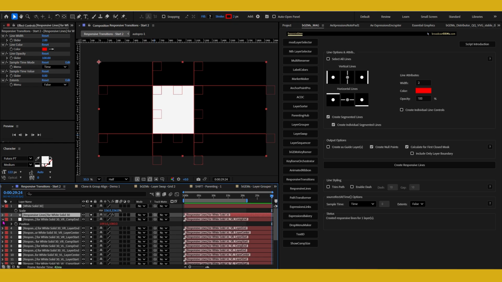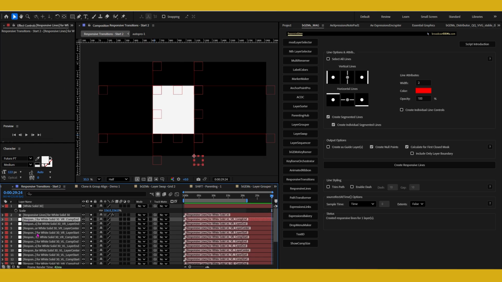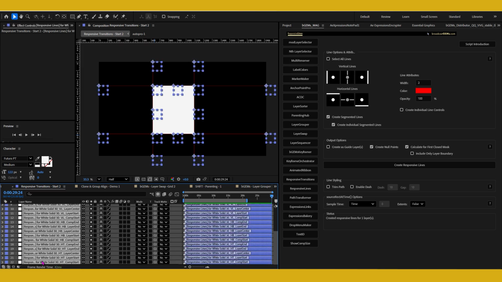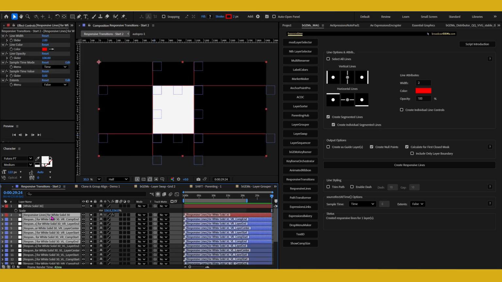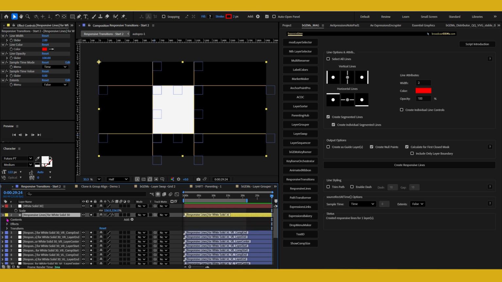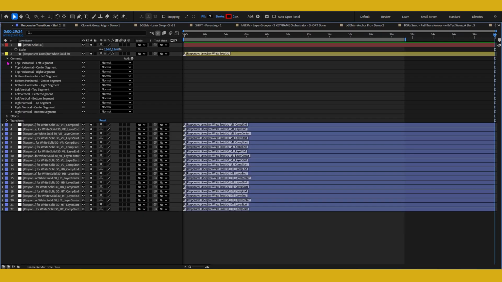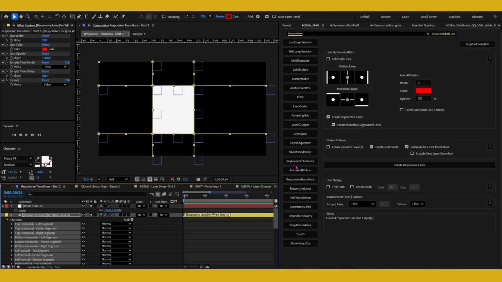I'm going to set the label colors, B for blue, or Y or option Y for yellow. So that's what the script has created, for each of the lines a different segment, because I selected this option here. And if you create segmented lines, this option will be available. You can create individual line controls also. So for each segment or each line, you can have a different line control, a line color,